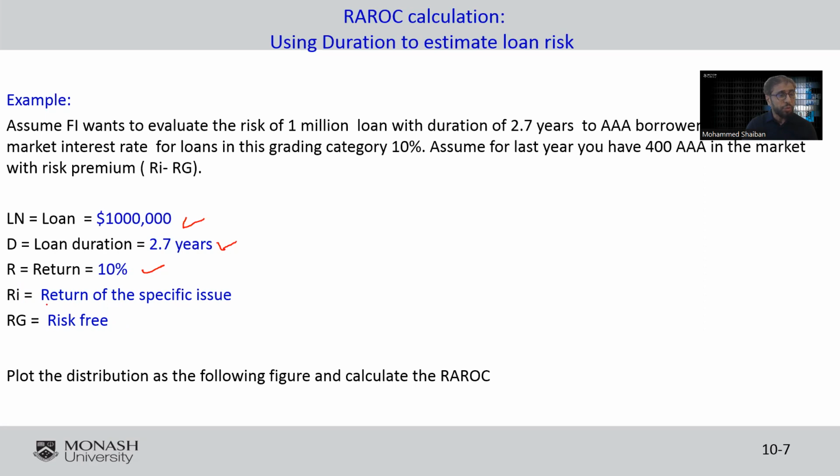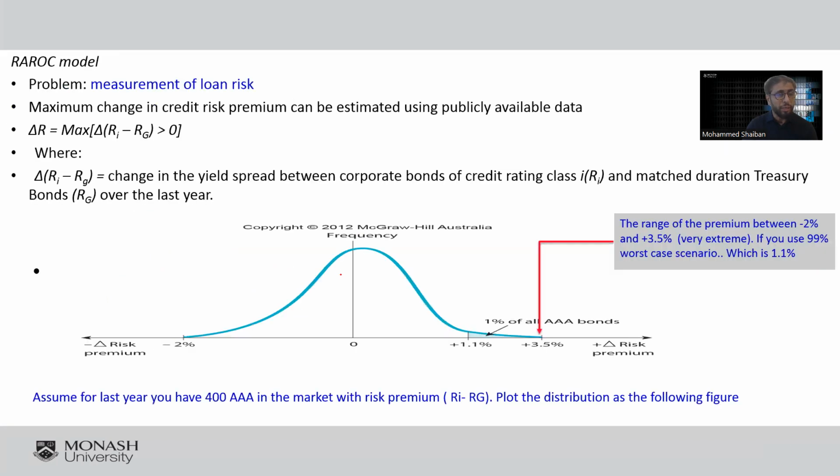And the specific issue, which means this company belongs to a class of companies, assuming they are AAA or EEE based on their rating. We have to get the changes, calculate the probability of the changes of all the companies, and it can apply to these companies. Let's look at how we are doing it.